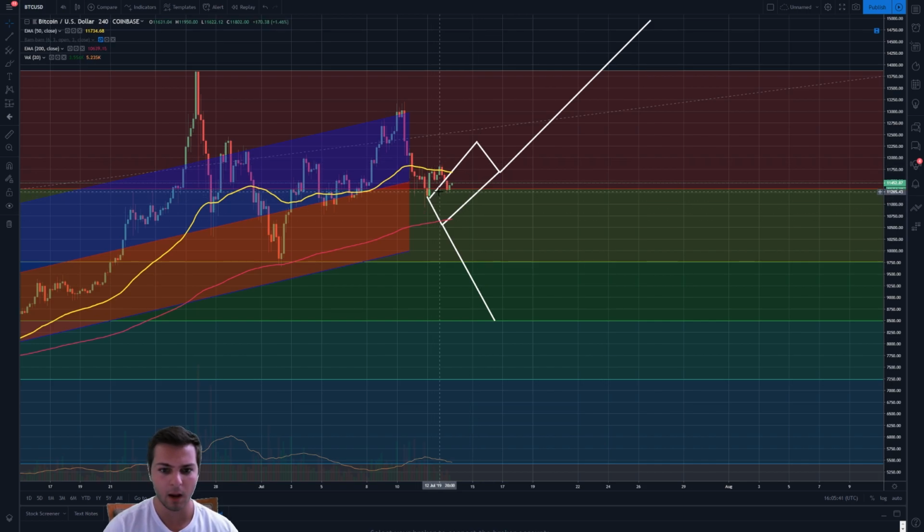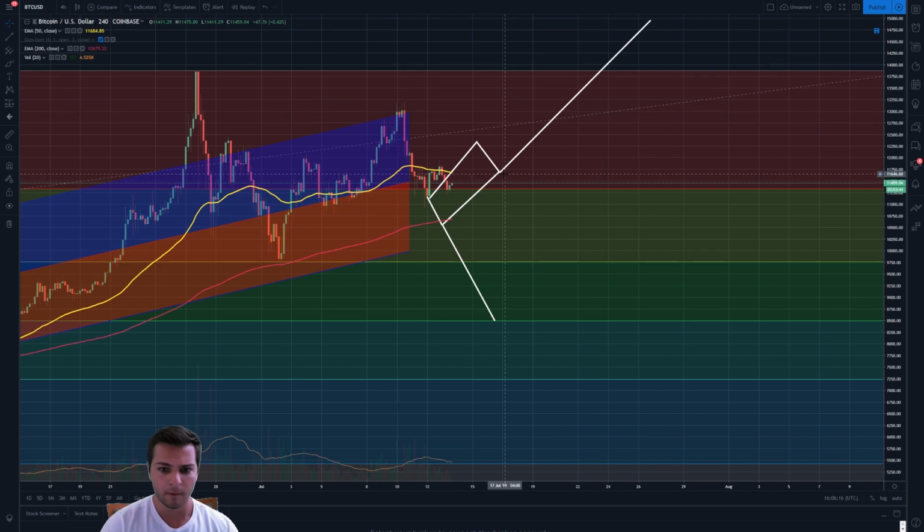Now, my first theory is ultimately that from here we kind of go up, we retest this area around 12,300, 12,400. You can see why this would make sense. Former support here, former resistance here, and it would make sense why we'd come up here, maybe see some rejection, come back down to this price level where we're at right now, where really just this current resistance level is former resistance turned support, again right here in this area, and then continue in this upwards trend and probably go for a new high, or at least a new local high above this area of around